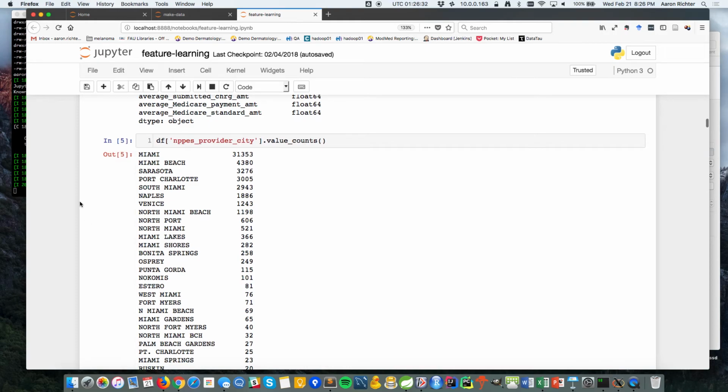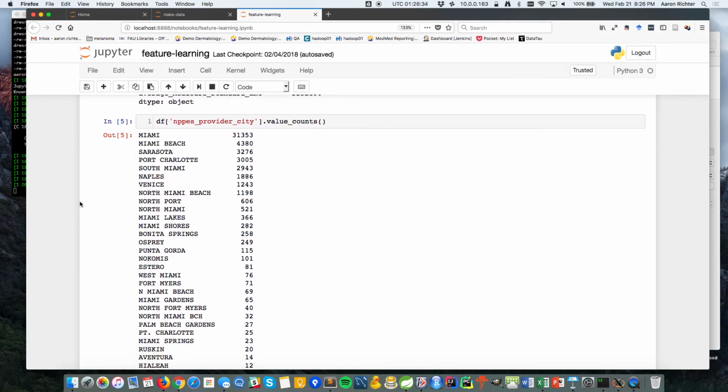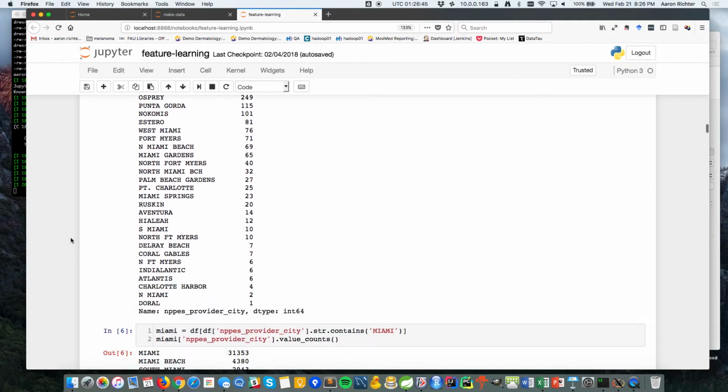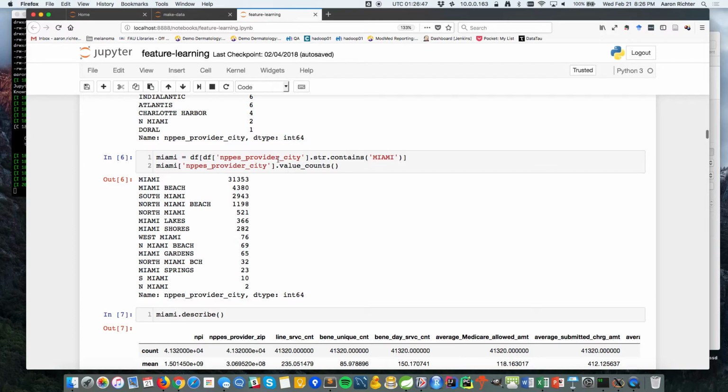So just some more data cleaning. I just grabbed anything that had the word Miami in it. Of course, there's a Miami, Ohio. There's Miami roads with the word Miami in it. So you can see that some of these cities aren't actually in Florida. So what we're going to do after that is make sure that the city contains the word Miami. And now these are all the cities we're looking at. It's trying to get to a smaller data set. Don't have to worry about that too much.